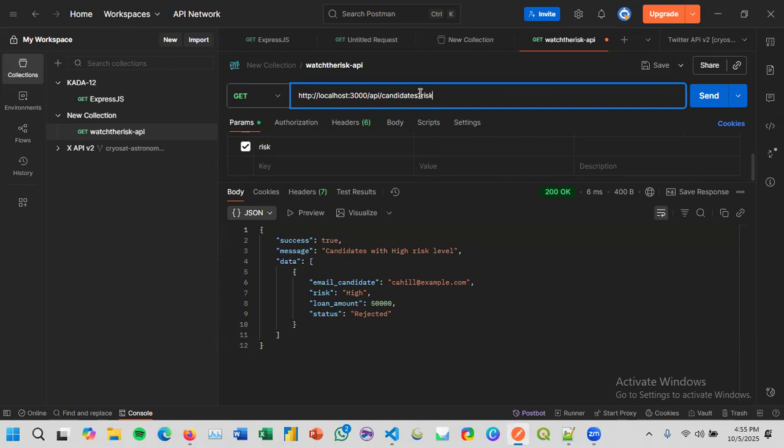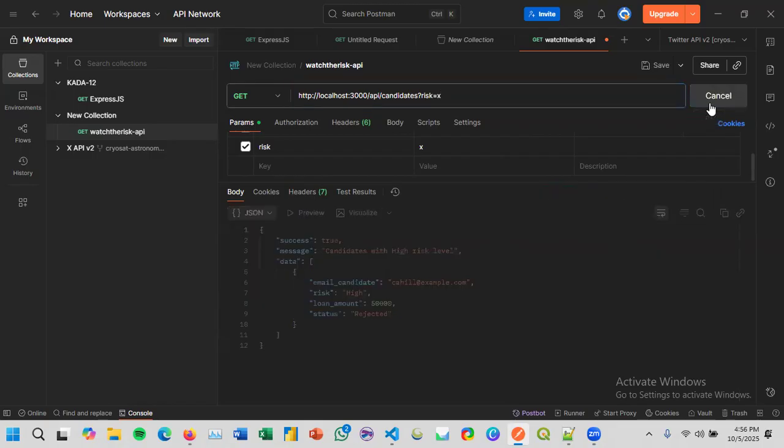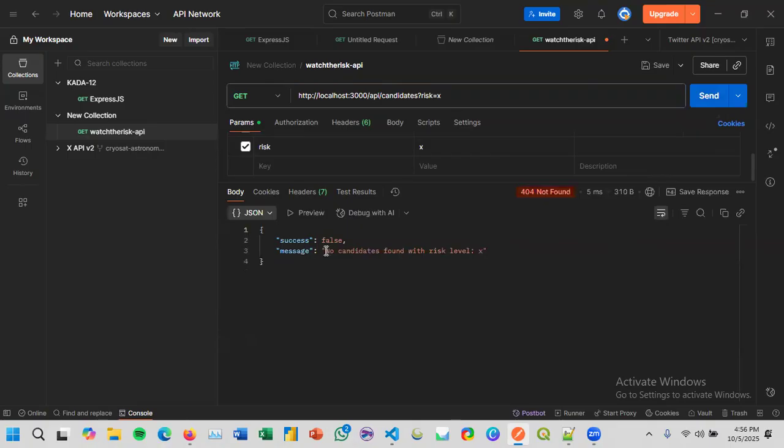For example, risk equals x, which does not exist in the database. So when you press send, it's supposed to return 404, which it is, returning the message "no candidate found with risk level x".